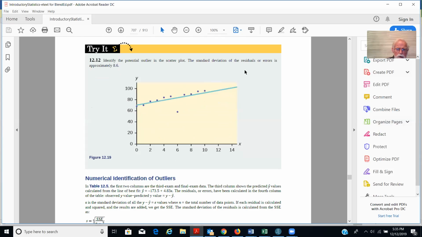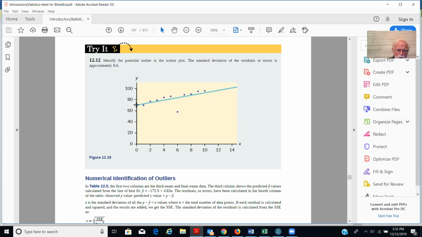This is another set of data that has had a regression line calculated. We don't have the raw data, but the 2 parallel lines here are where the standard deviations have been calculated, and that's 8.6. So 2 standard deviations